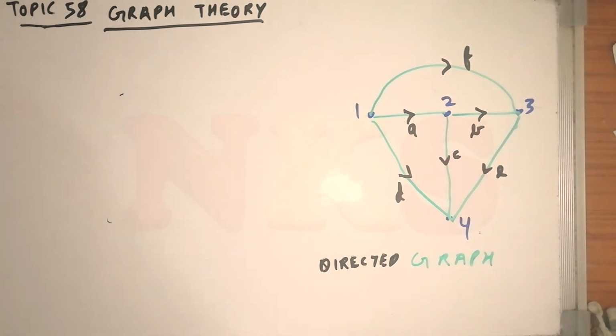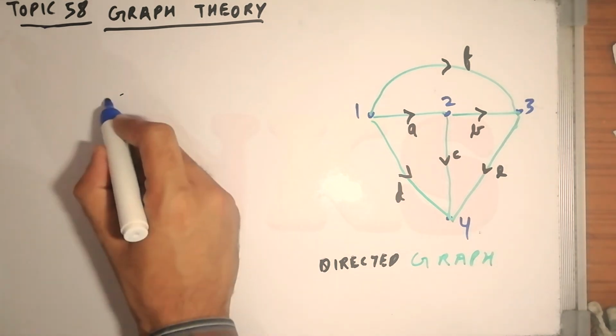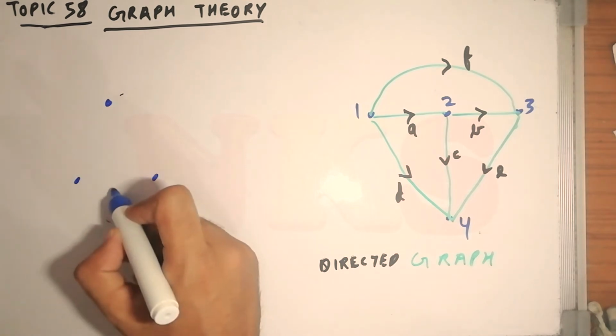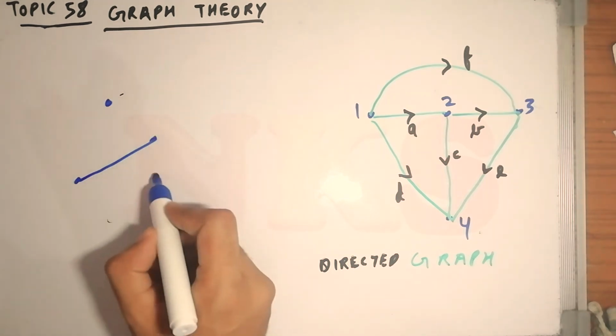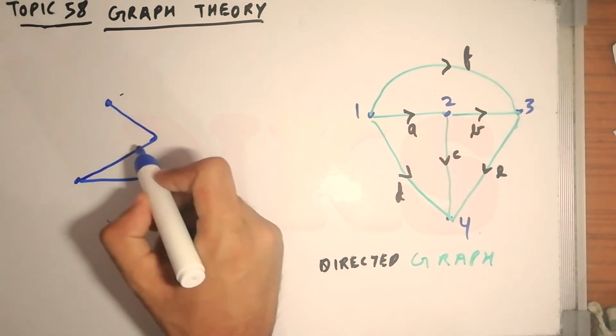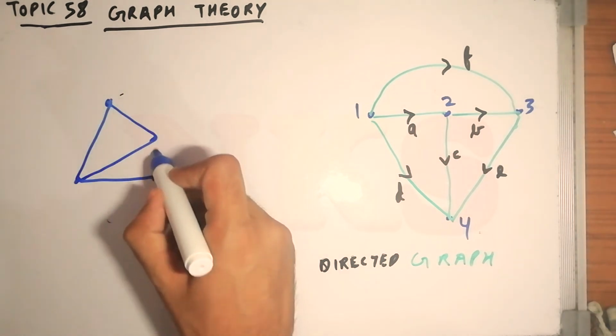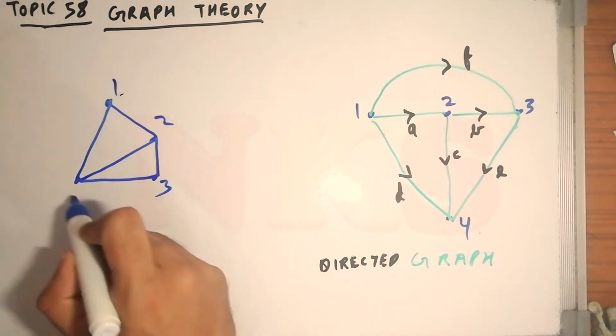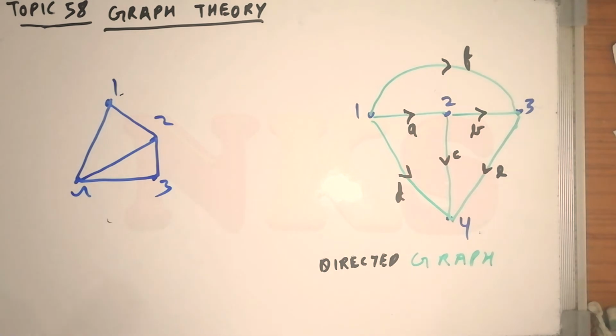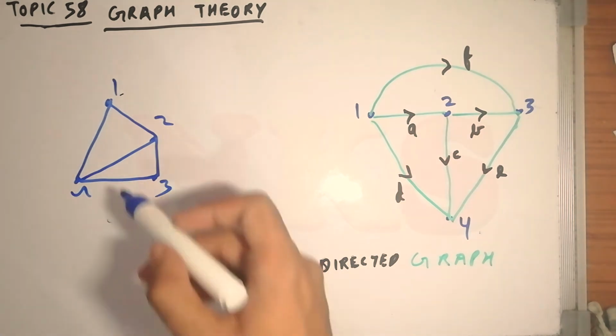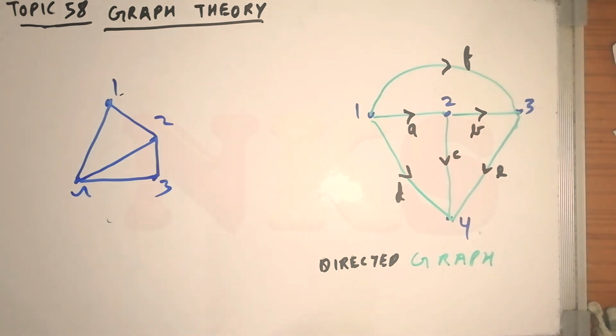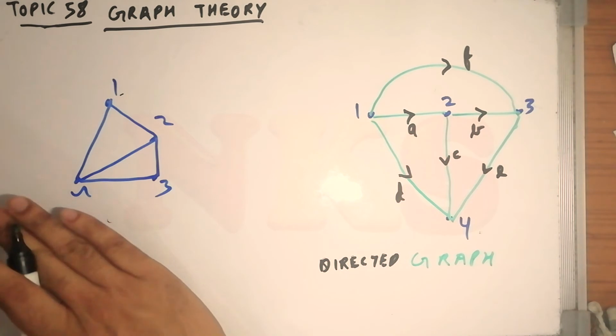Now I will discuss some more terms. We will see what a planar graph and a non-planar graph are. If a graph is something like this, there is one branch, this is one branch, this is one branch, this is one branch, and this is one branch. This is said to be a planar graph because here no two branches cross each other. That means you can draw it on a single plane.